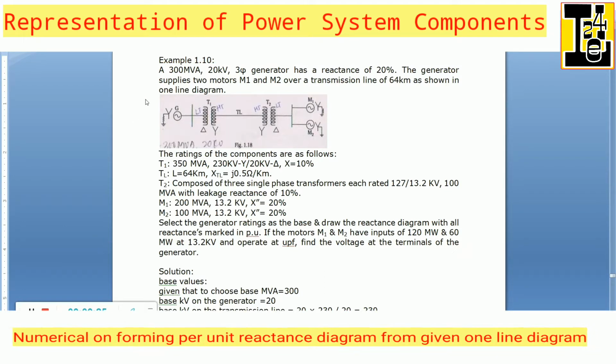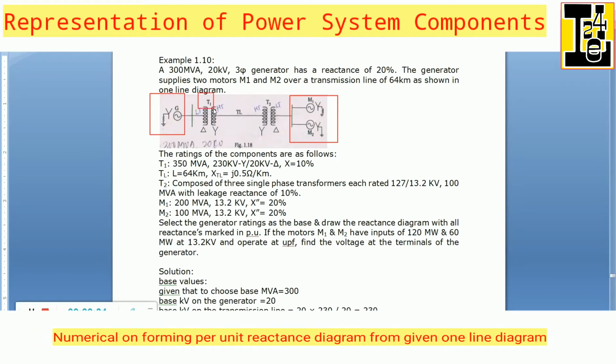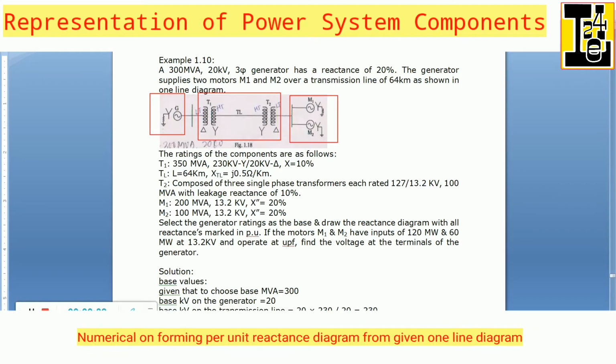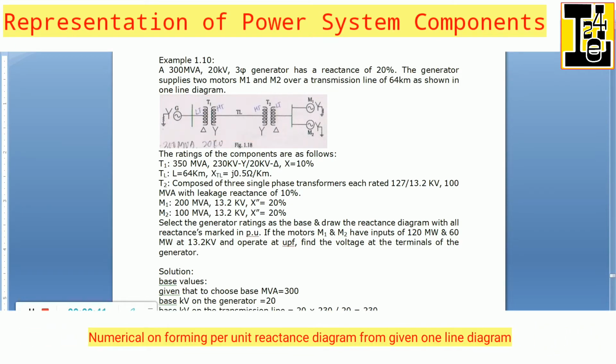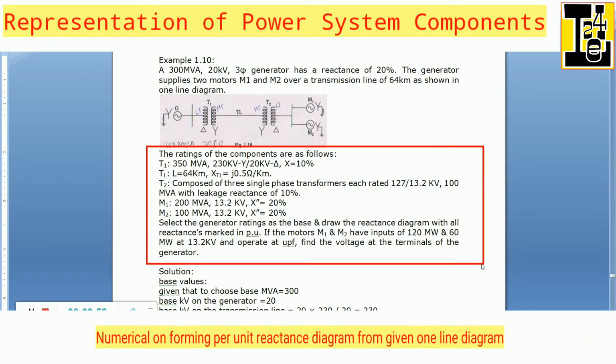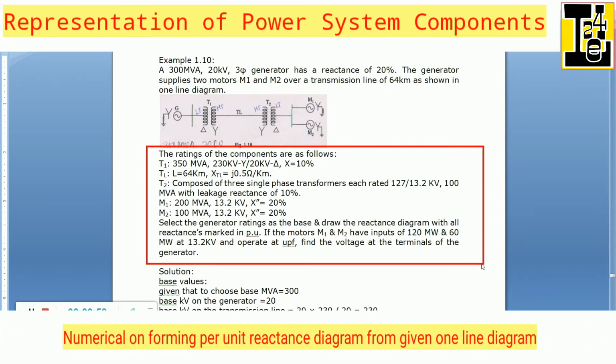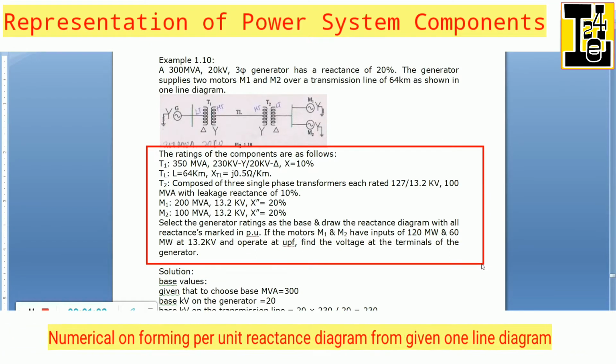diagram. So here you can observe generator G is supplying two motors M1 and M2 via the transformer T1, transmission line and T2. The ratings of the components are as follows. T1 operating at 350 MVA, 230 kV star / 20 kV delta and reactance of 10%. Transmission line of 64 kilometers length, its reactance is 0.5 ohm per kilometer, and T2 is composed of three single